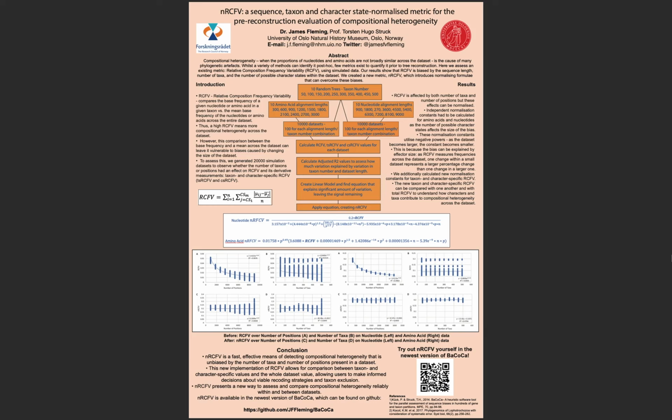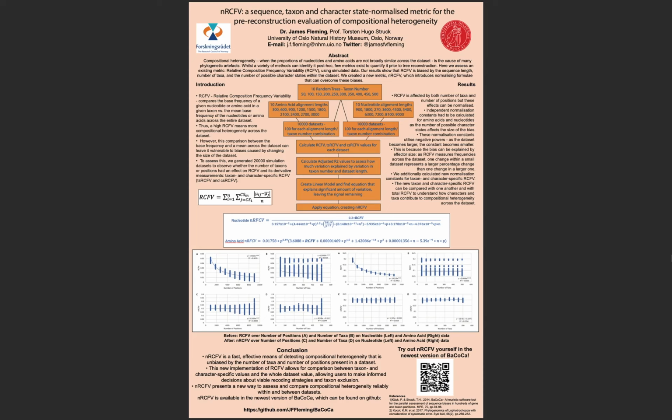We generated these simulation datasets under the idea that they would show compositional homogeneity, because this would ensure that we should, in theory, get very, very similar or the same RCFV values across the board for all of our simulation datasets if variations in breadth and length of the dataset were not an issue. However, what we found was indeed what we suspected, that RCFV is biased by both the length and breadth of